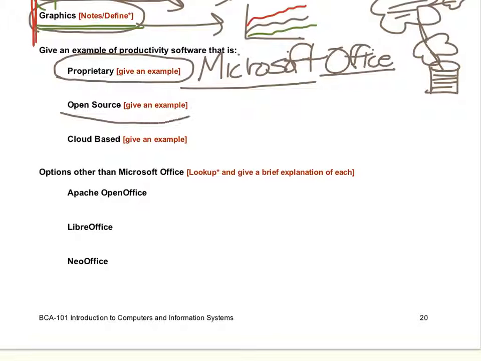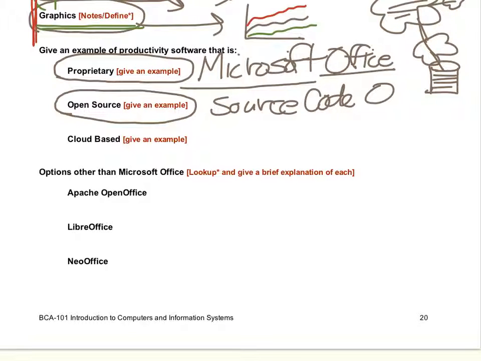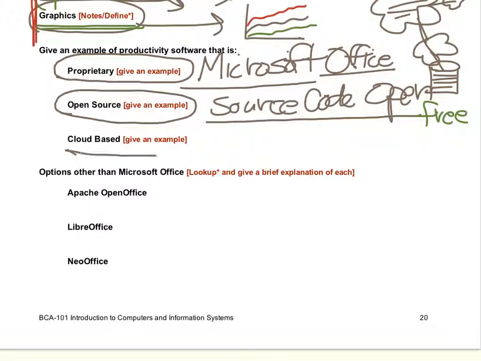Open source would be a package in which the source code is open, anybody can use it, change it, and adjust it, and typically these are free. And then cloud-based,